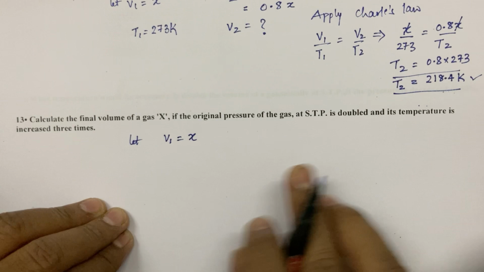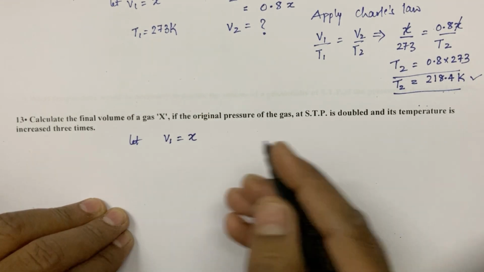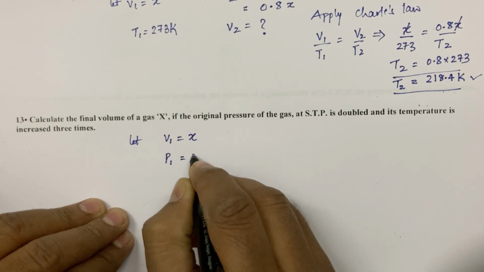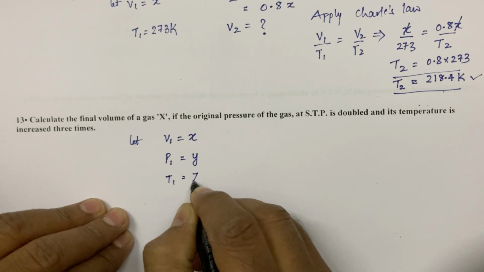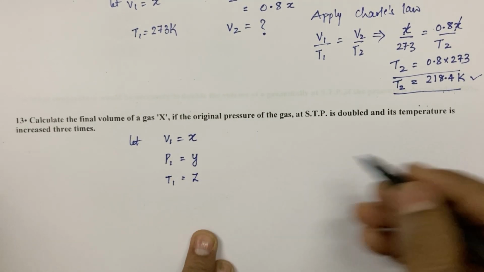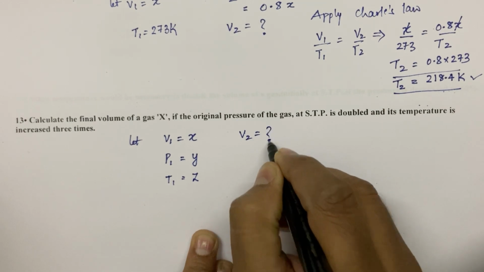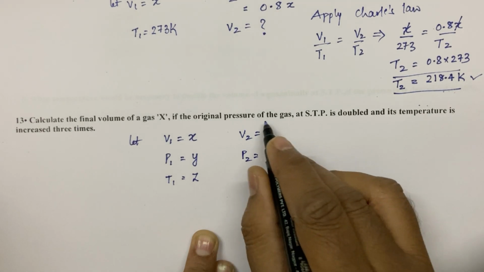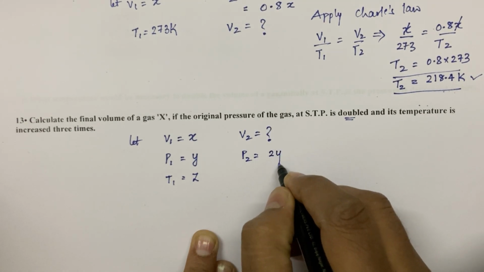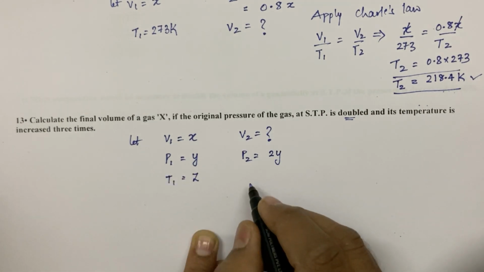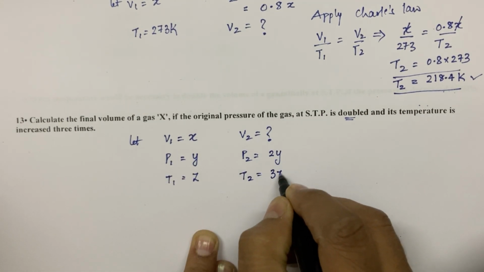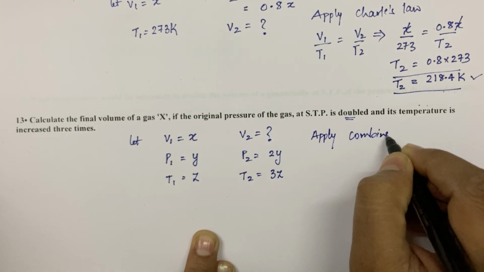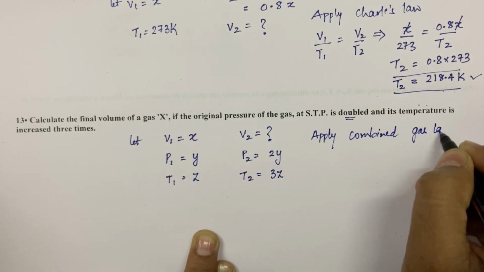Now here pressure is getting doubled, temperature is increasing 3 times, so it is a comparative study only. So let V1 be equal to x, P1 be equal to y, and T1 be equal to z. Initially it is STP which is getting doubled, so V2 we have to find, that means it should be a comparative study between V1 and V2. P2, that pressure is doubled, that means it is 2y, and temperature is increased 3 times, so T2 is equal to 3z. Now apply